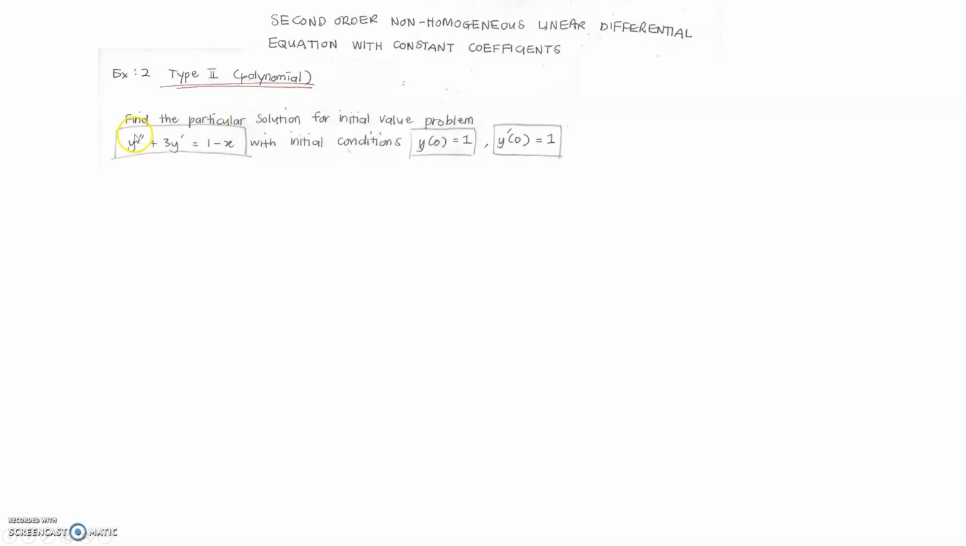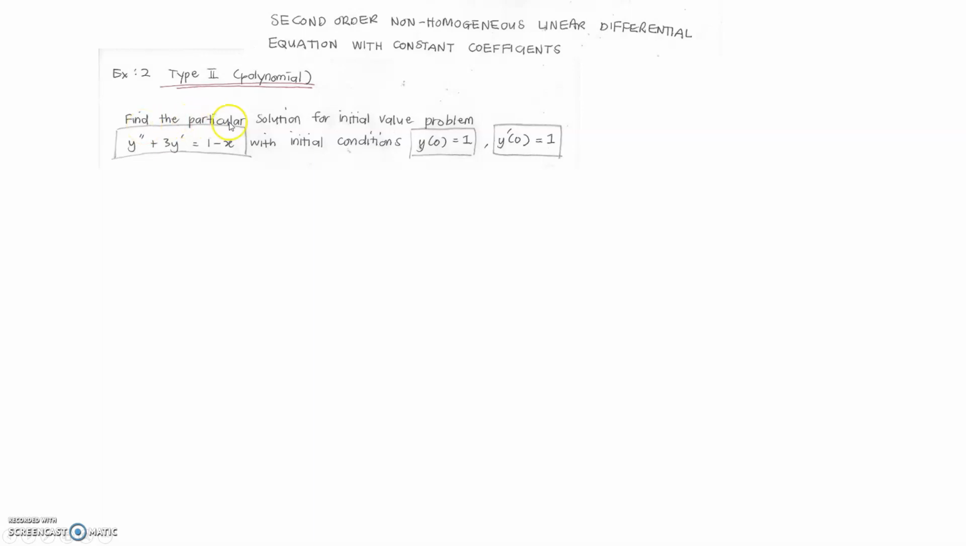Okay, so we are still in the subchapter of how to solve second order non-homogeneous linear differential equation with constant coefficient. Okay, so now let's have a look at the following example in which the f(x) contains a polynomial function. Okay, so what is the question? So the question